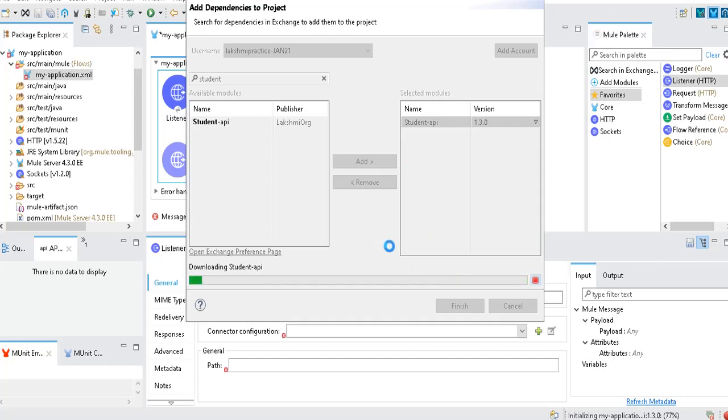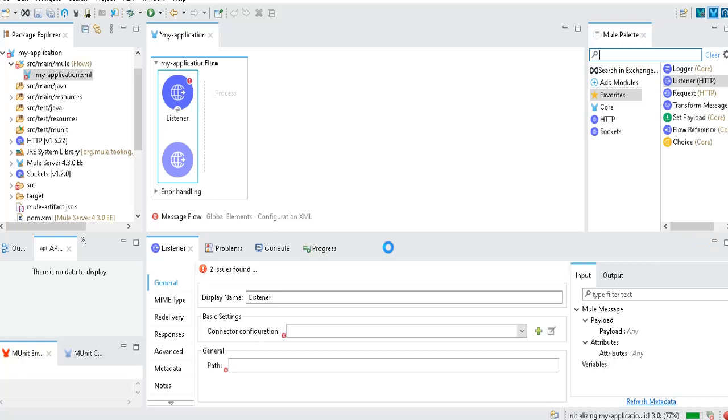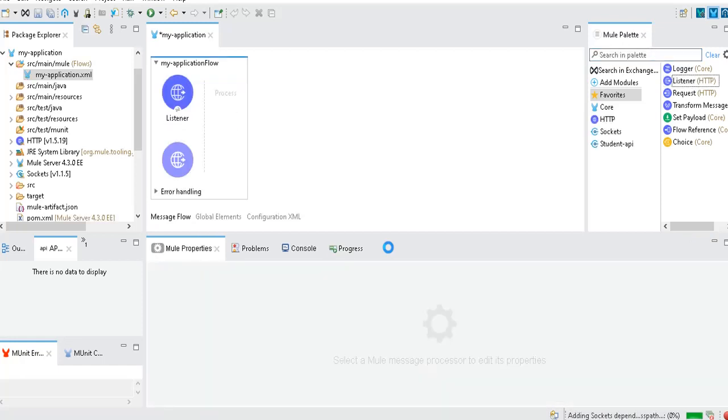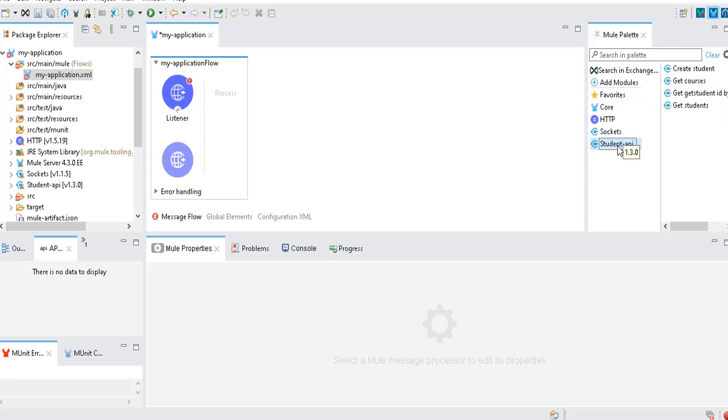Okay, once it is getting exported, you can observe a couple of things. Yeah, see here. The student API is added as a connector here. If you click on this, it will show all the operations available in this student API. If you remember, in our RAML I have shown you, we have created 4 methods: create a student, get courses, get student by ID, get students.